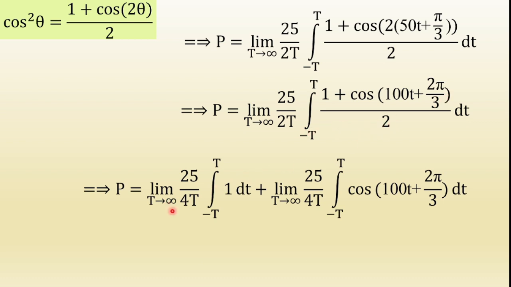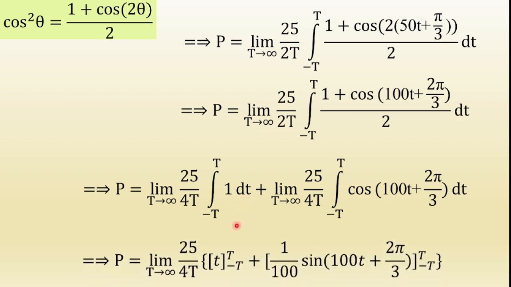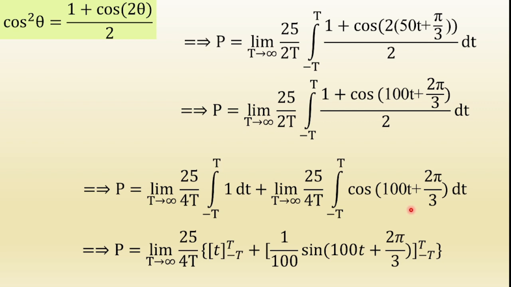So therefore, limit T tends to infinity, 25 by 4T integral from minus T to T of 1 dt, plus limit T tends to infinity, 25 by T integral from minus T to T of cos(100t plus 2 pi by 3). Applying the limit into both the terms, this RHS term may be written as this one. Now integrating both the terms, integral of 1 dt is t over minus T to T. Integral of cos(100t plus 2 pi by 3) is sin(100t plus 2 pi by 3) over minus